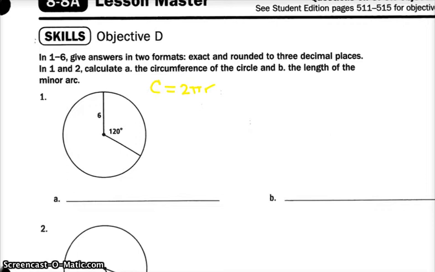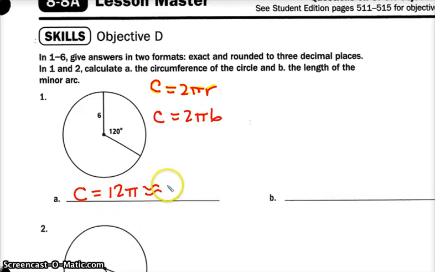The circumference equals 2 pi r. So let's plug in what we've got. C equals 2 pi times the radius, which is 6. So our circumference equals 12 pi. That is my exact answer. That's the answer that I prefer. Now they also ask for a decimal approximation. So if we did 12 times pi, we would end up with